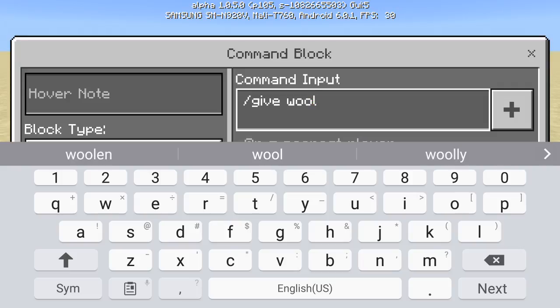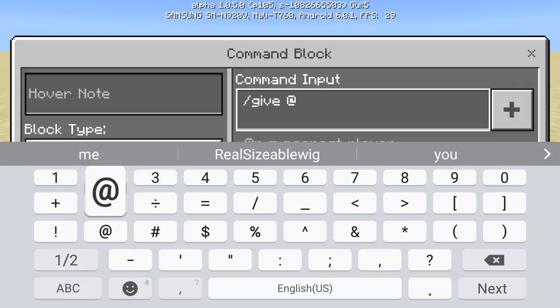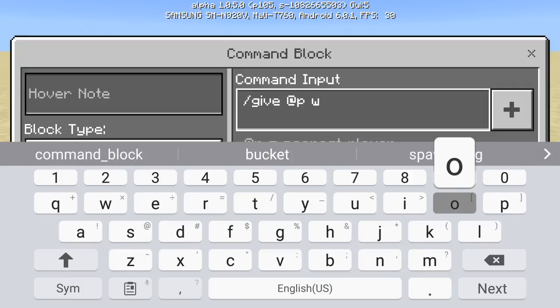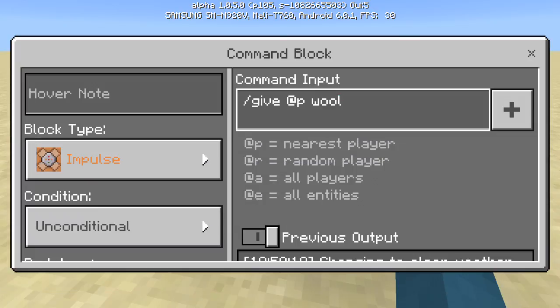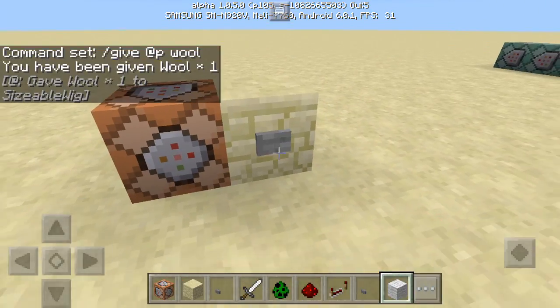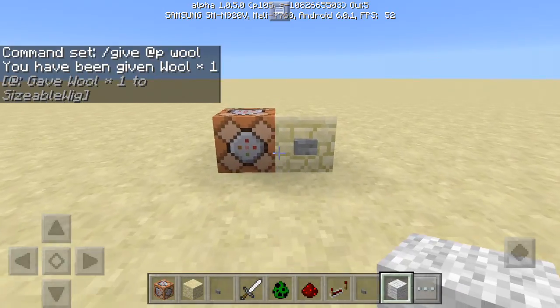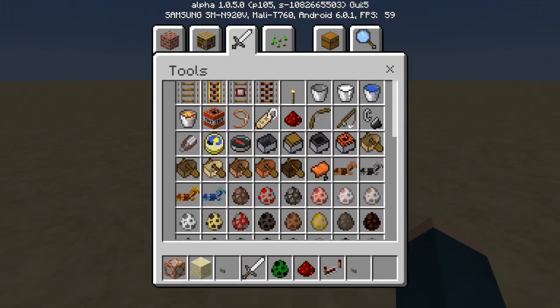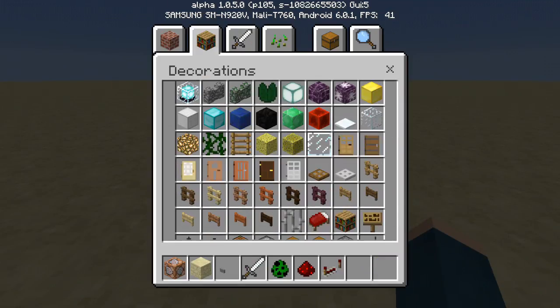So you can give yourself different wool, but you have to add P or your name. So you have to do /give add P wool. As you can see, I just got wool. So I can also get rid of that. So let me just